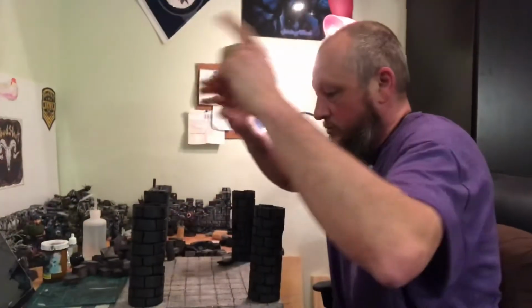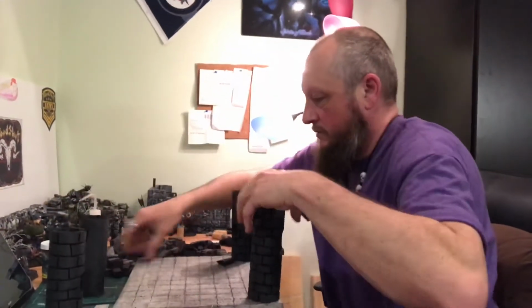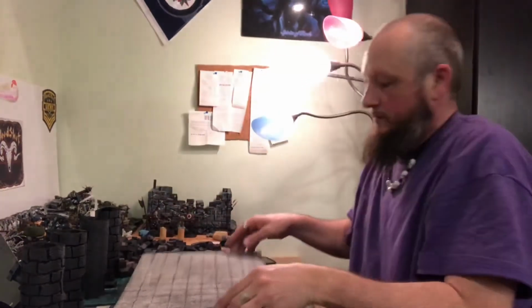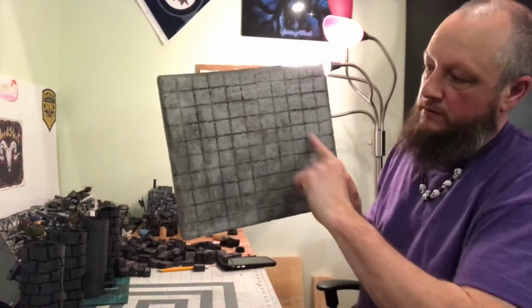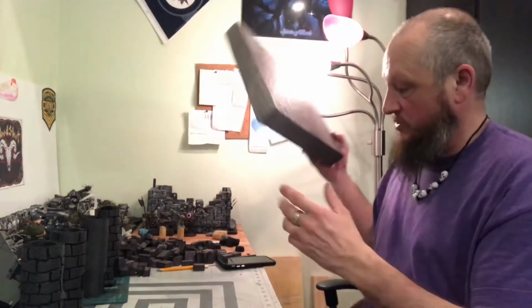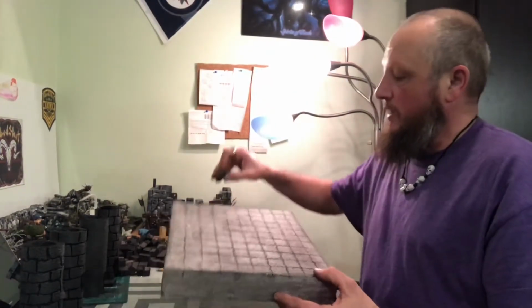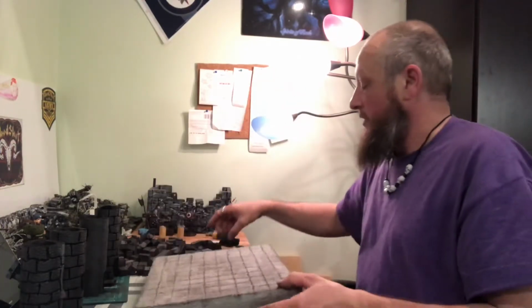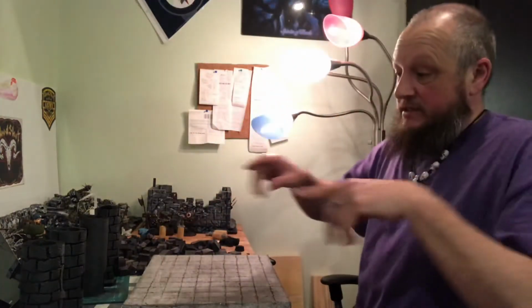All right, so what I did before I get to this step here was I made a grid and basically just gave it a wash, right? So that it won't match the tiles because they're a different color, but we'll darken it up later. Then we cut the pieces of our